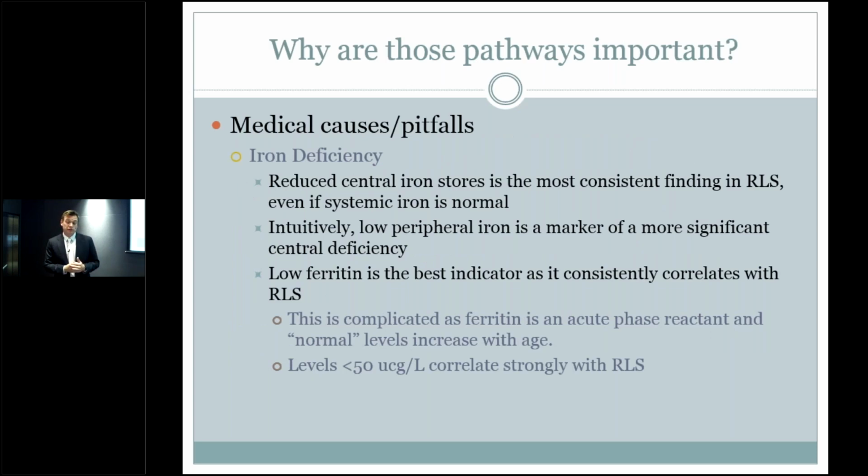So why are the pathways important? The biggest one is iron deficiency, and this is one thing where I've probably seen at least a dozen people since I've been here that we have fully fixed the restless legs solely with iron, checking their iron studies and actually just replacing their iron. Reduced central iron stores is the most consistent finding that we see in RLS. So even if your systemic iron is normal, there's no way to get at that central store,